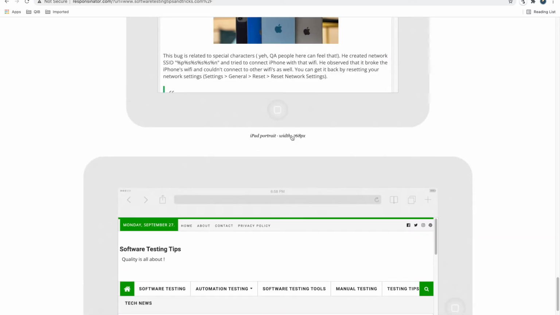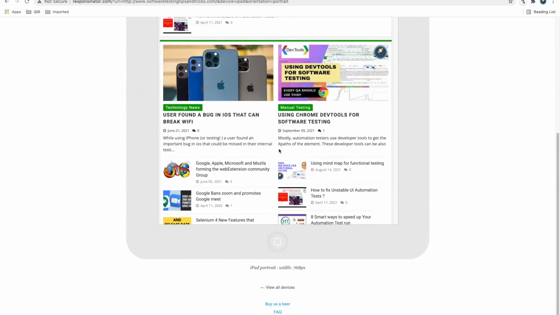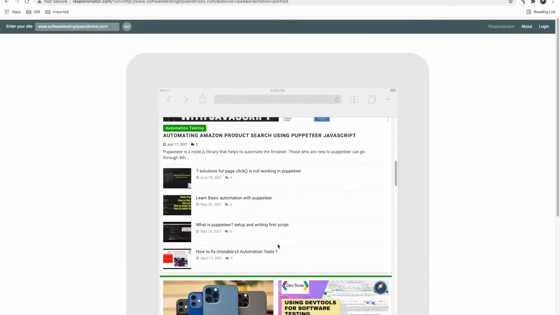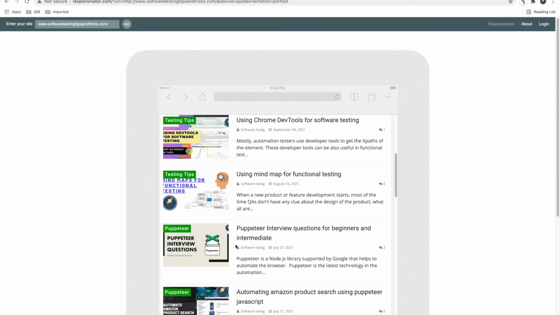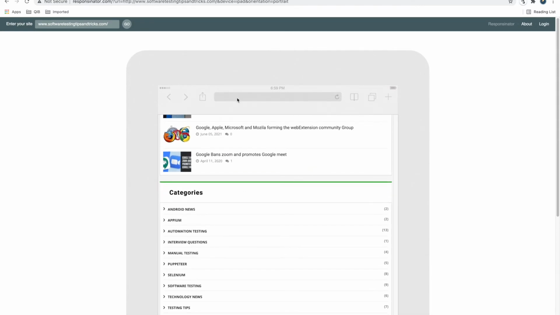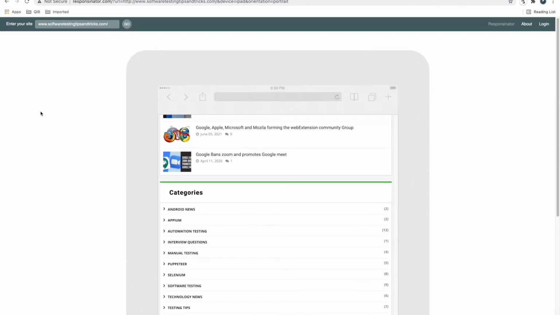It has mentioned what each one is, but you can't have more control. You can open one device and do whatever you want, but you don't have much control. You just test how it works in that screen size. So this is the first tool you can try. If you don't have more requirements in screen size functionality and you just want to see how it looks in different screen sizes, then this is a good tool. I will put these links in the video description as well.